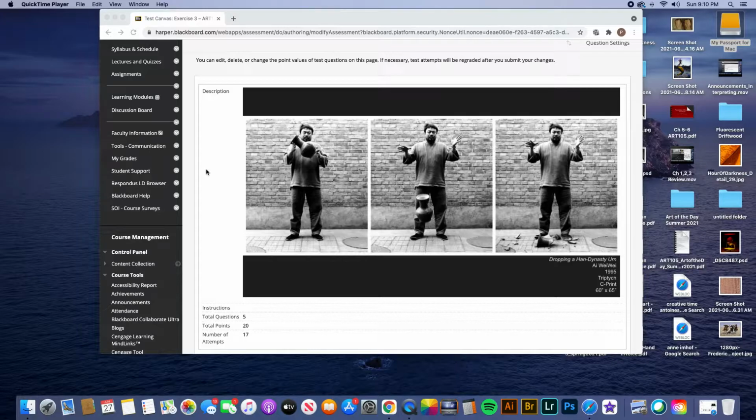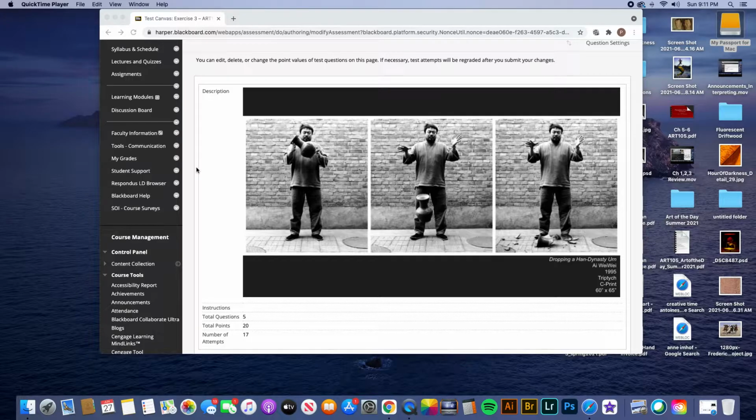This is an addendum to the review for the 4 exercises. It appears that I did not, in the other video, go over this 3rd exercise. I'm not sure why I missed it. But anyway, we're looking at 3 photos that are in a row called Dropping a Han Dynasty Urn by Ai